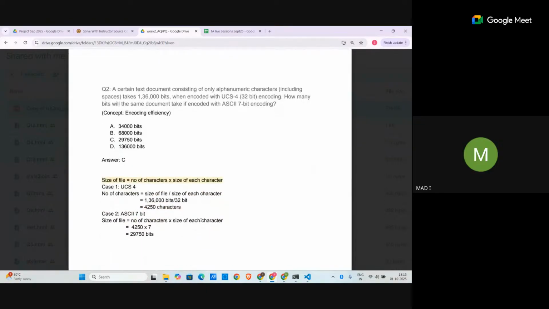Now we will move forward to the next question. A certain text document consisting of only alphanumeric characters, including spaces, takes 136,000 bits when encoded with UCS4, meaning 32-bit encoding. How many bits will the same document take if encoded with ASCII 7-bit encoding? So what is given? We have a certain text document, and this is the number of bits taken. It is UCS4 encoding, meaning